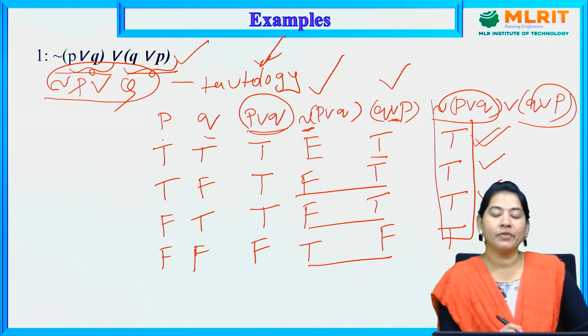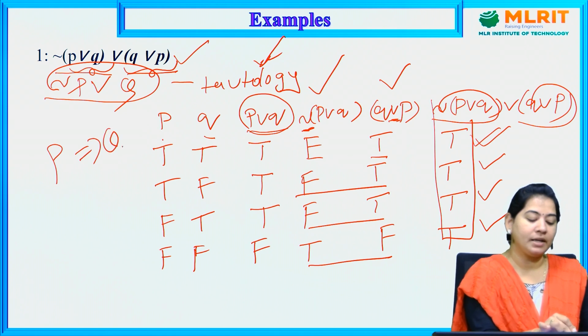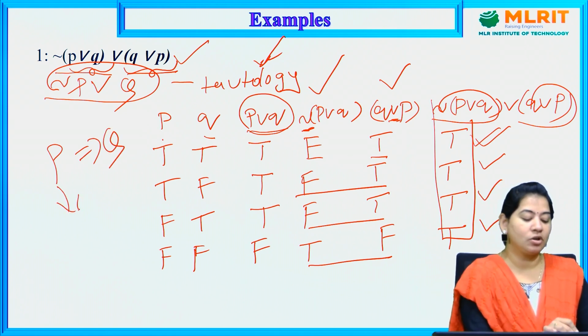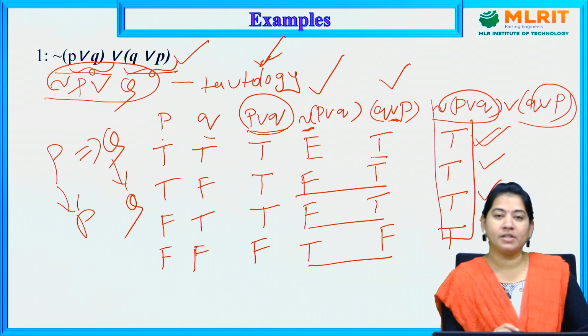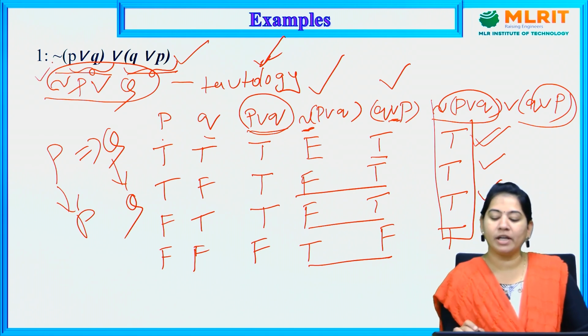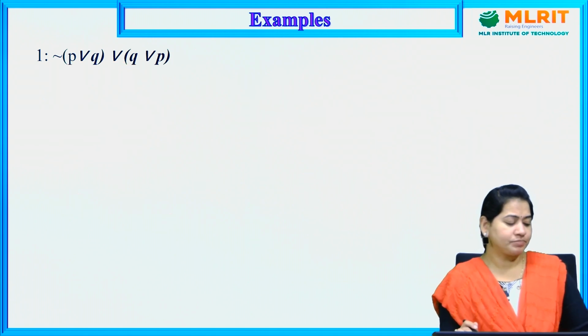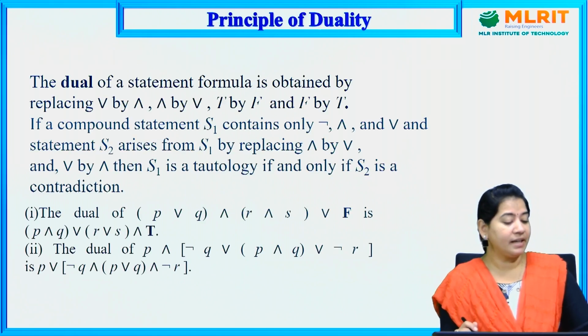Then we can summarize that P is logically implying a proposition Q. That means this P proposition is logically implying a proposition Q. So this is logical implication, and as one condition, if negation P or Q is a tautology, then we can say that it is a logical implication. Now let us consider another example for another condition. Here the second condition is